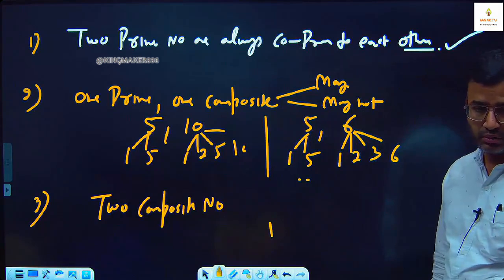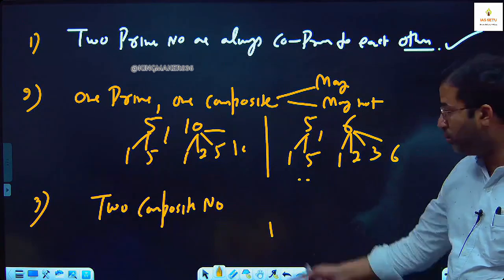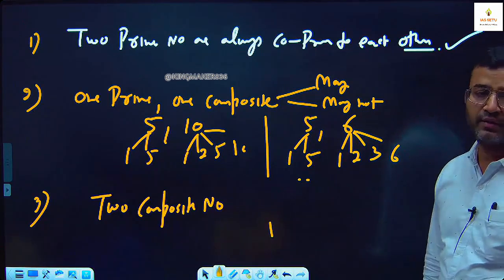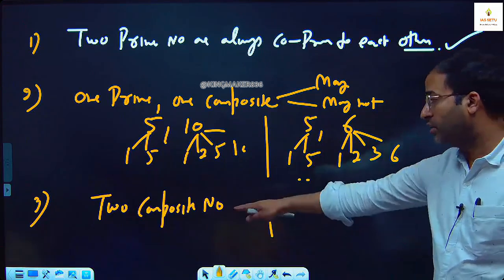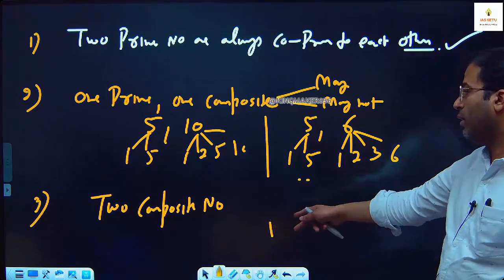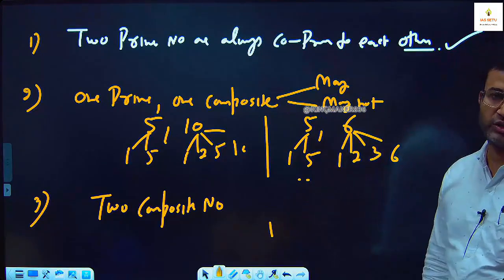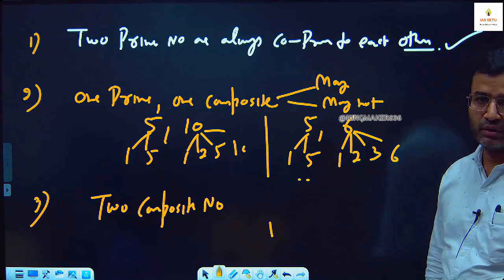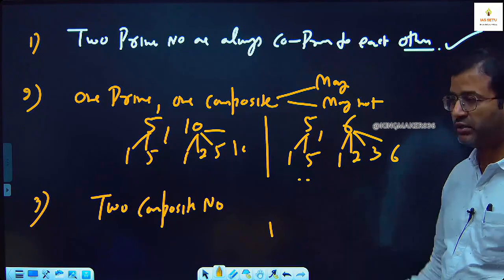Composite है सर, वो even थोड़ी ना है. लिख लो, टू कंपोजिट नंबर, ठीक है, मे बी को-प्राइम टू ईच अदर, मे बी, वी हैव टू चेक।